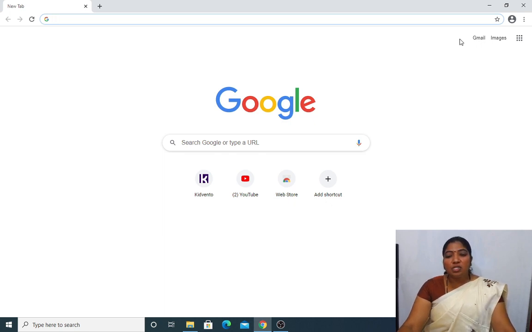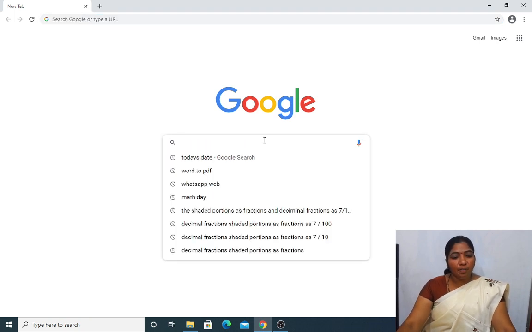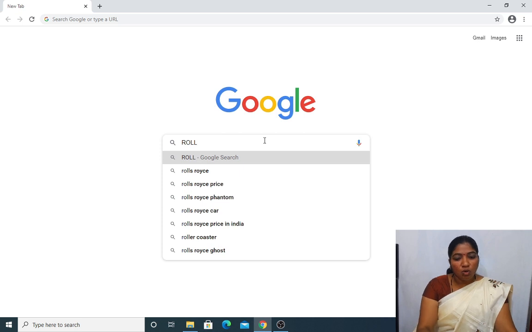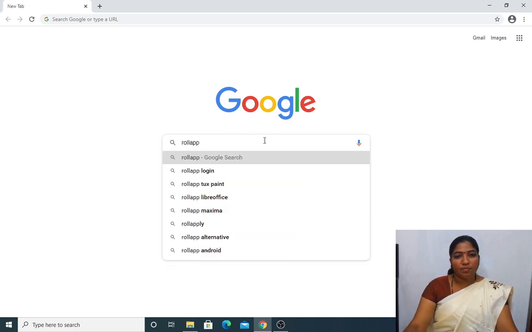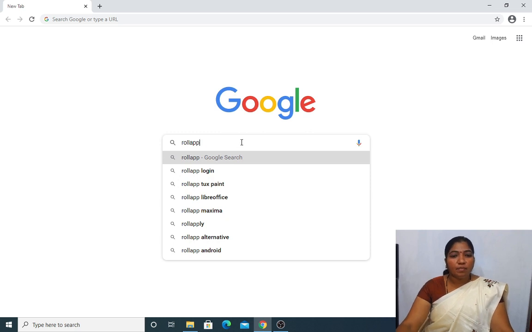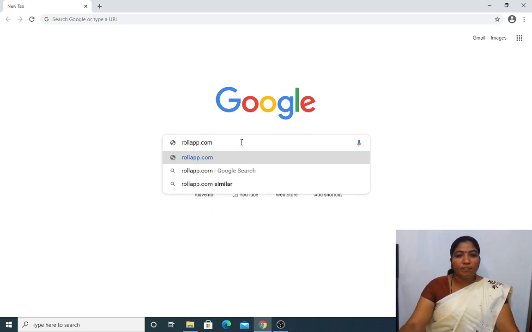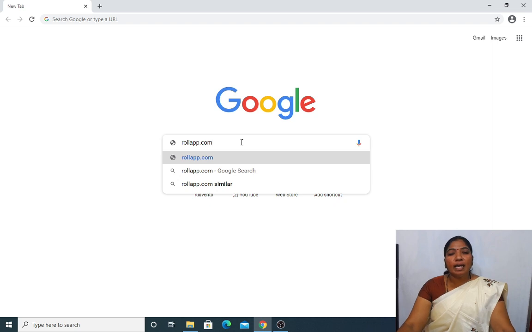Here is the process to start KTurtle. Just go to Google Chrome. There you have to type rollapp.com.